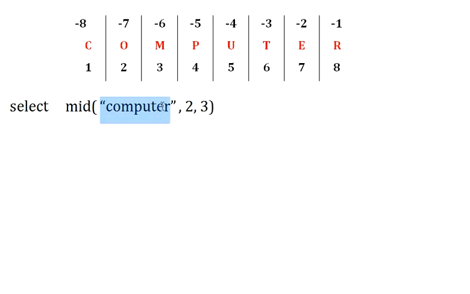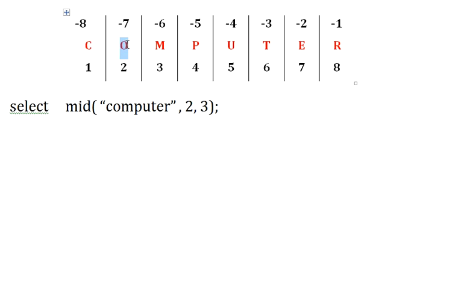First argument is nothing but the string on which this particular mid operation has to be performed. Second argument will be the position from where we need to extract the data of the string, and third indicates how many characters from this position we want to extract. So according to the given query, it will take this string into consideration, and according to the second argument 2, where the second position character starts, from there, depending upon your third argument, that many characters will be read.